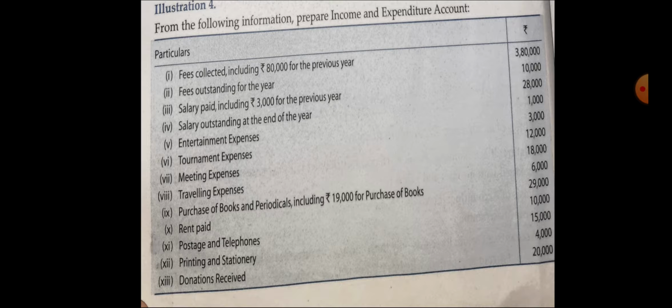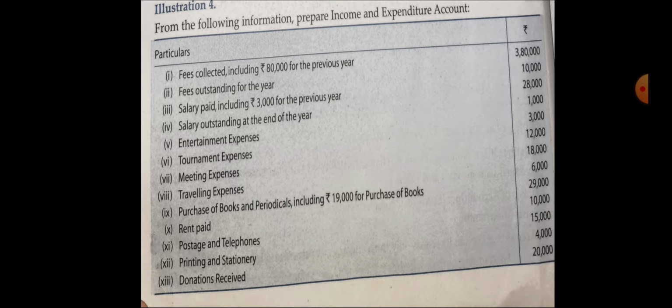Even in our previous class, we discussed that income and expenditure account is of nominal account nature. Its debit side is the expenditure side and its credit side is of income. So all the transactions of revenue nature and current year transactions will only be recorded in income and expenditure account. Following those rules which we have studied in the previous class, we will solve the problem. So let us see the first transaction.